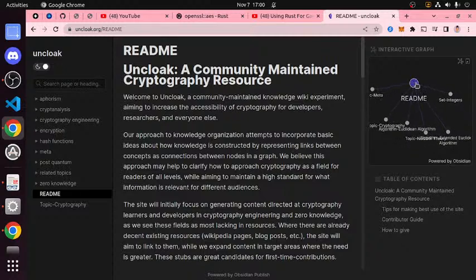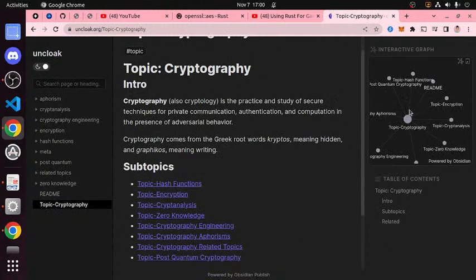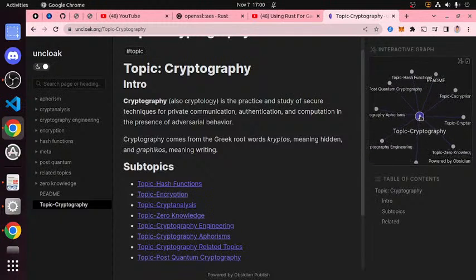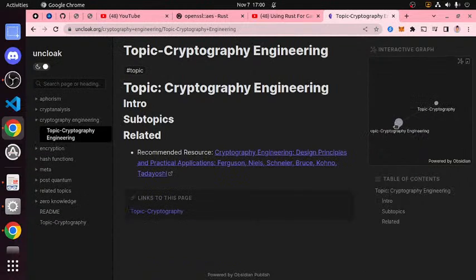Oh, cool! There's an interactive graph already. So we're going to have our topic, cryptography. Oh, this is so cool. And then from here, you can kind of learn more. So maybe you want to learn about cryptography engineering.